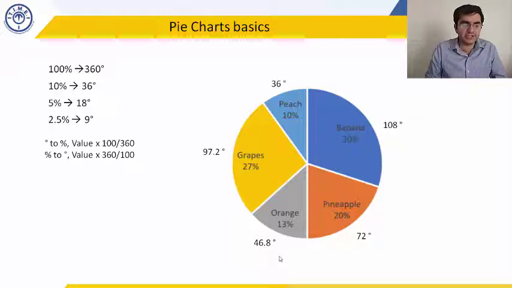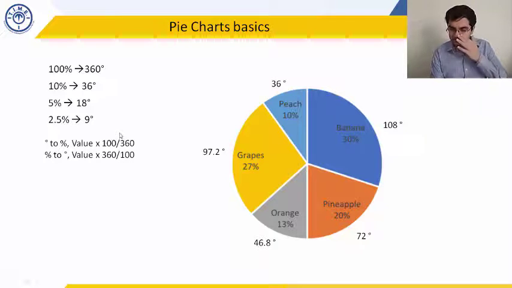So you can go in any direction, and if you are not able to spot or make out or match the easy percentage values, then you do your into 360 by 100 or into 100 by 360. It's perfectly fine. Slightly more calculations, but of course you will get the same answer.